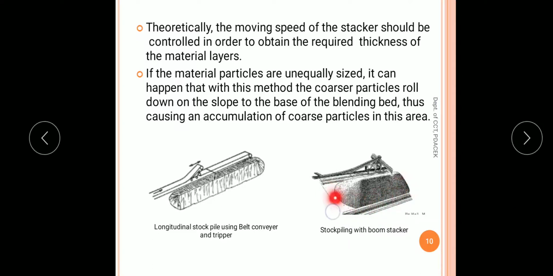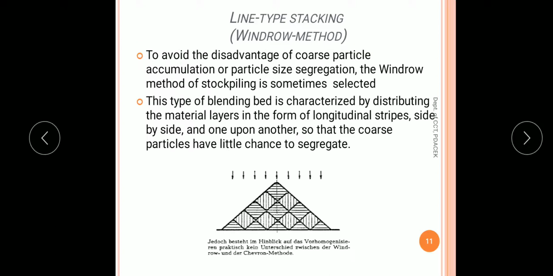This will not cause proper homogenization of the raw mix when they are reclaimed. This is one problem. To avoid this problem of coarse particles accumulating or segregating at the edges, you have the second type of stacking method, that is the windrow method.